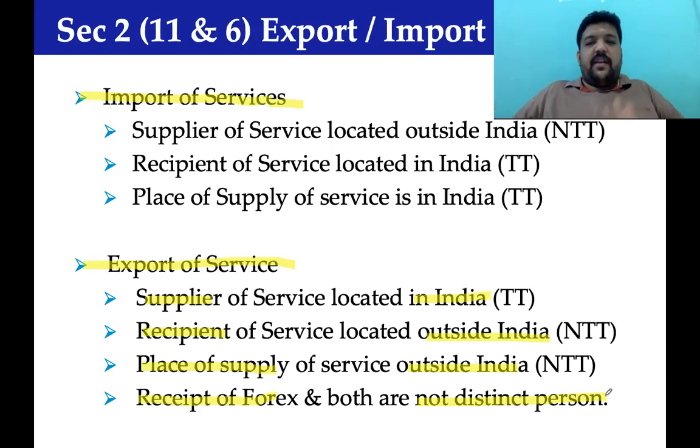Understand? Very clear wording: a foreign branch is not a different person, it is a distinct person. Just as the Andhra Pradesh branch and Karnataka branch are treated as distinct persons, similarly the Indian branch and foreign branch of the same company are treated as distinct persons. This one word, they will confuse to the core. They will say branches. People will never understand the importance of a word. Thank God in questions it will not be like that. Questions will be very clear.